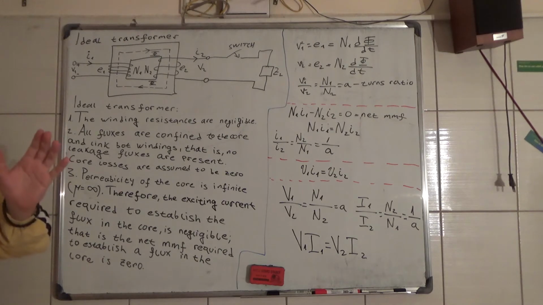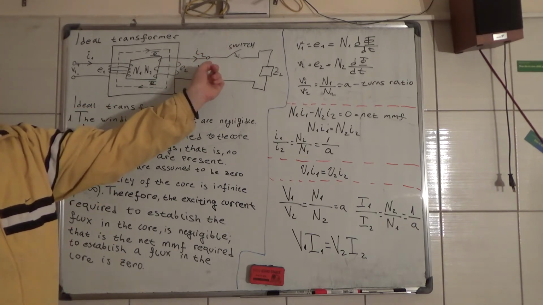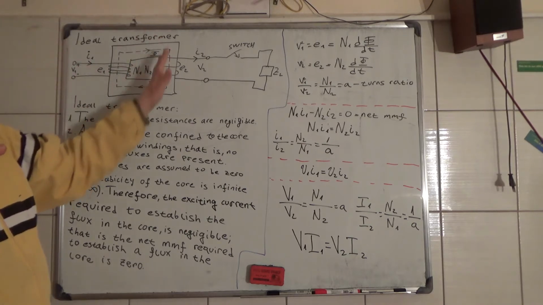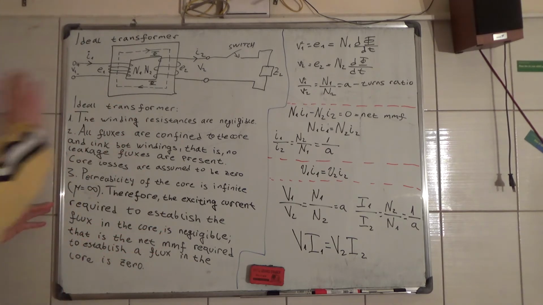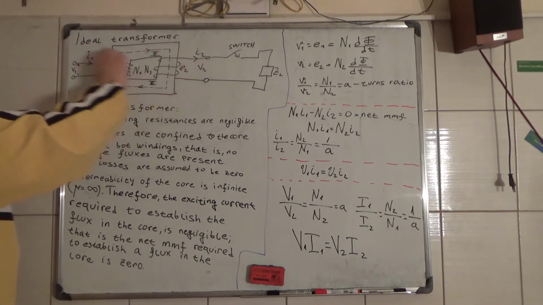let's take the first situation where this switch is open. So there is not going to be any current. And this current I1 is not the exciting current, that is not the current that is establishing flux. It is the current for the balancing of this net MMF when this is closed. But first we say that this switch is open, and there is no current here, neither here,